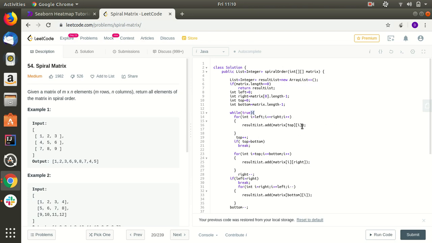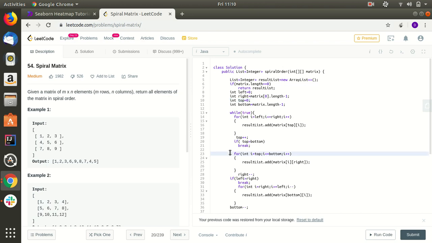It will process 1 2 3, then we will increment top, top plus plus, so that it comes to the next row. Because this is already processed, if top is greater than bottom, we will break the loop.